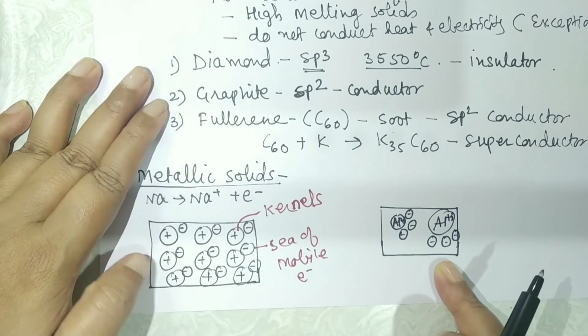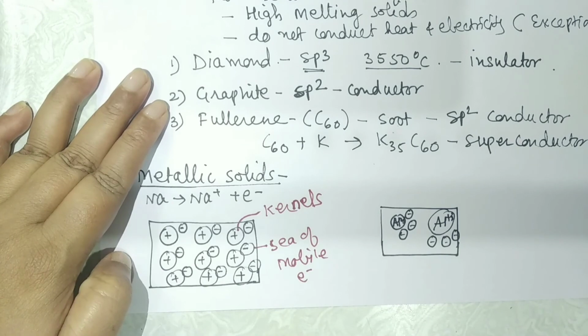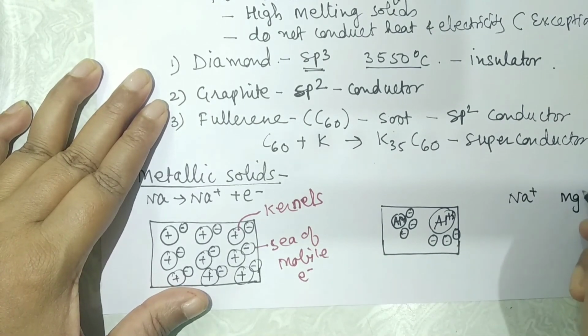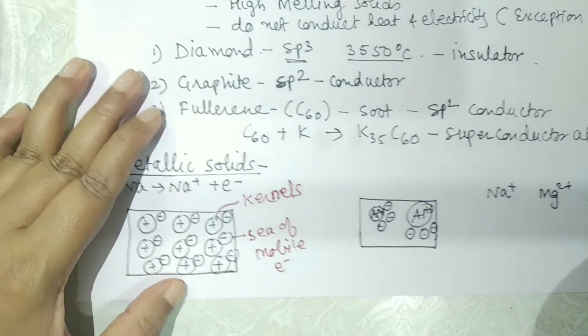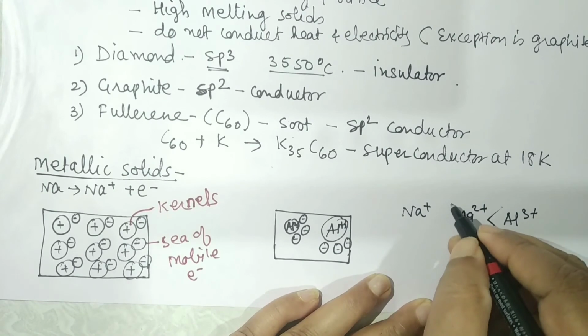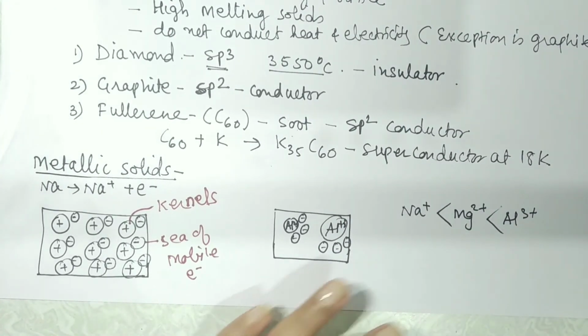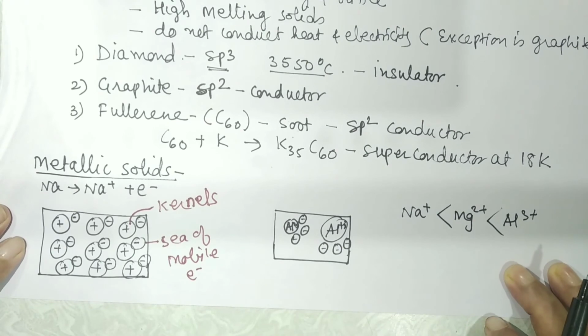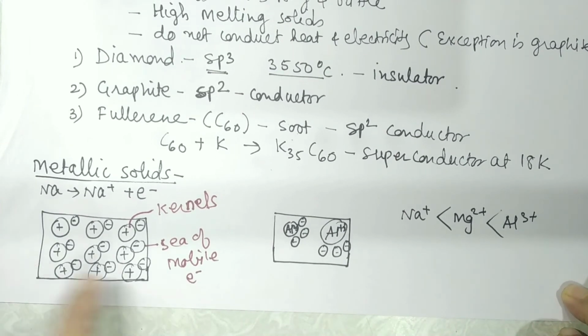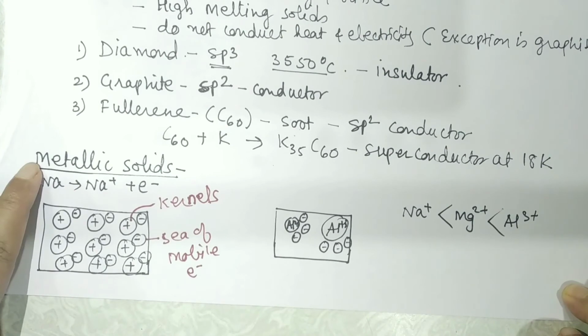So as the number of electrons increases, conduction also increases and the strength of metallic bond also increases. And so I can say in case of sodium plus, magnesium 2+, or aluminium 3+, which is having the stronger metallic bonds is aluminium, then magnesium, and then sodium. So this also gives you the strength of the bond, gives you the idea about the softness, and so I can say sodium is softer than aluminium. So after knowing the metallic bond, let us come to what are metallic solids. In metallic solids,